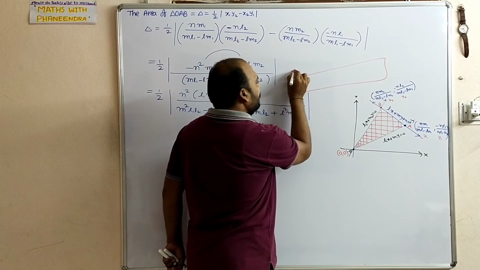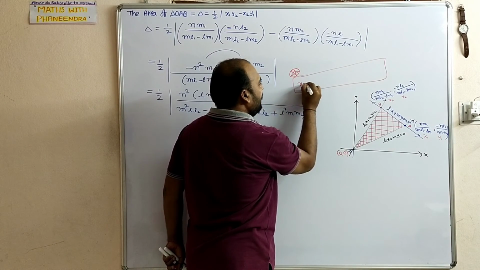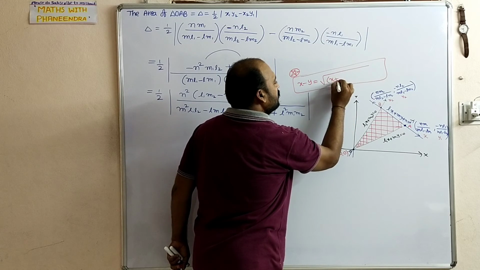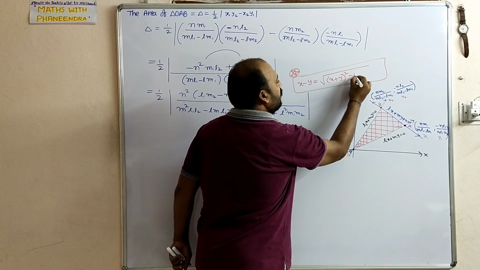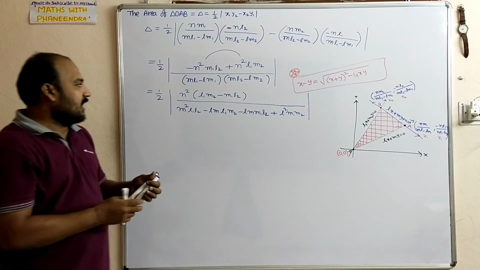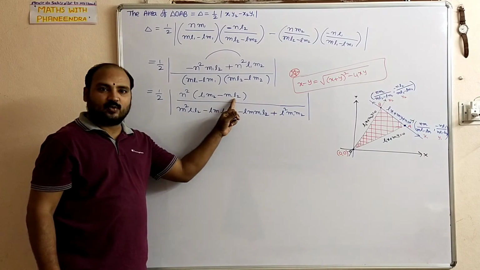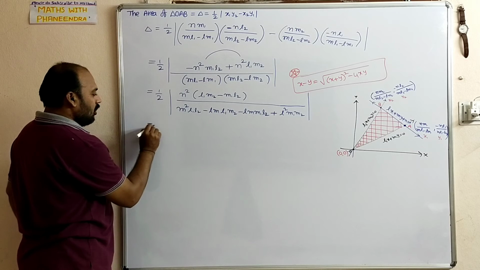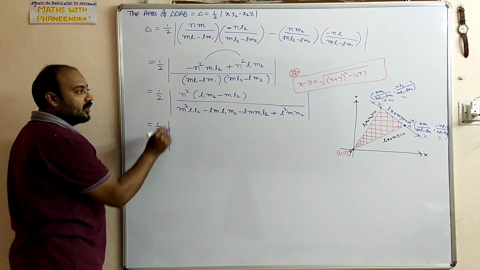From algebra formulae, x minus y can be written as root of x plus y whole square minus 4xy. This value is x, this value is y. So the numerator value we are going to write as half into n square